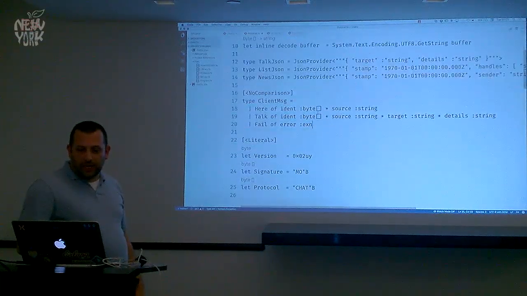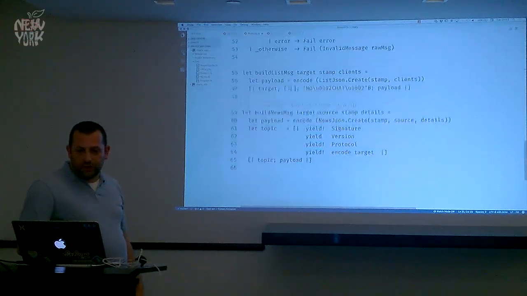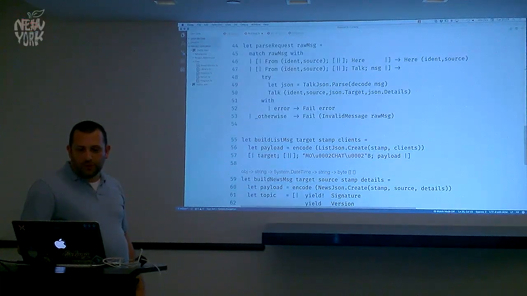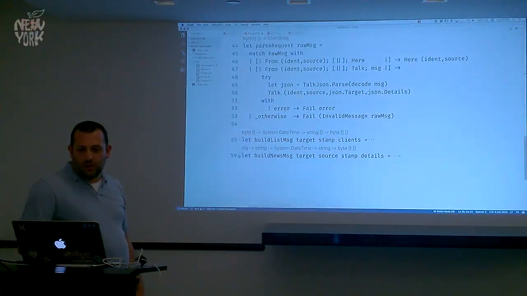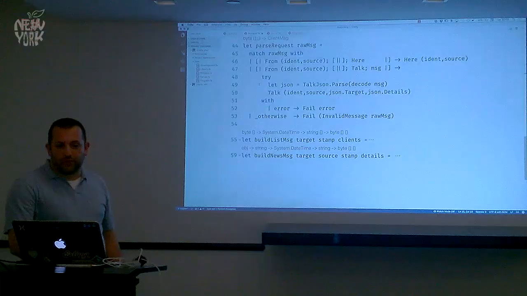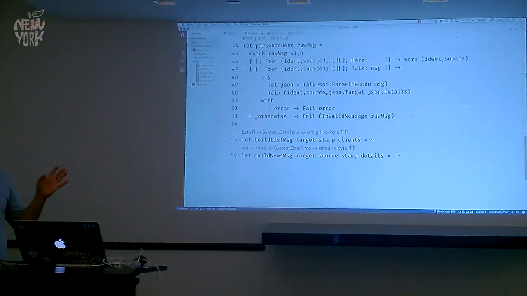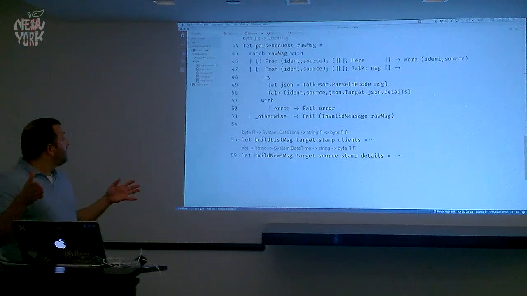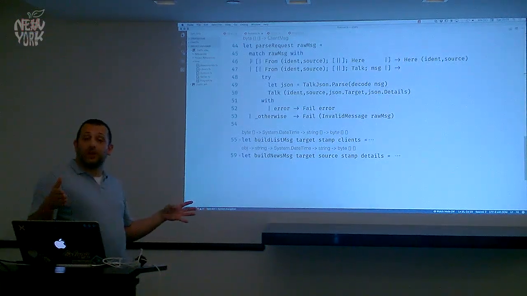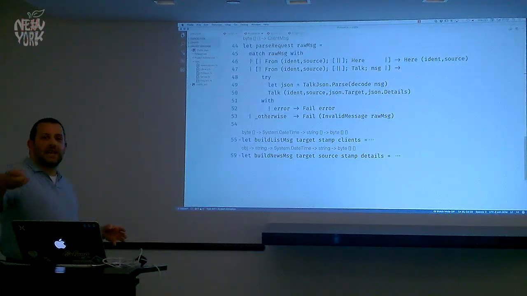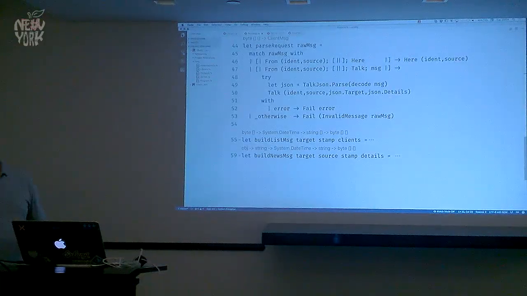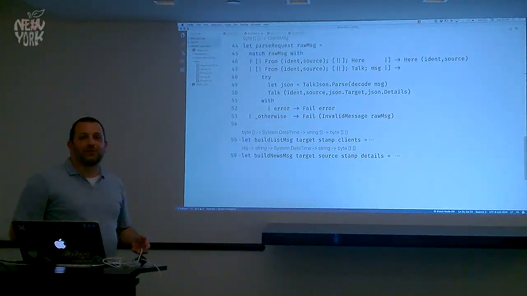What we actually do to get there is, where's my parse function? Parse raw message, or parse request. Basically, we do a little bit of pattern matching. Not everybody knows this. You can actually pattern match on arrays in F# and decompose to the full shape of the array. There's no splatting to catch all the remaining frames, which I think would be a cool feature. Might be possible to do it with an active pattern.